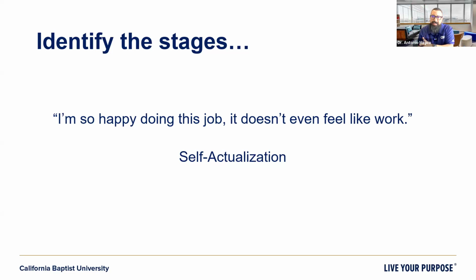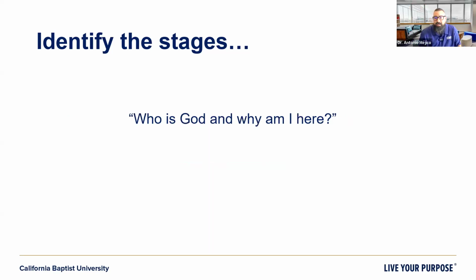But prior to 1969, right? And finally, maybe one day a client asks you, who's God, right? And why am I here? I've done all the things, right? I've got the family, I've got the car, I've got the house, I've got the food, everything's good. And I'm still wondering why I'm here. What stage is that person asking you about or indicating they're in? Transcendence. That's correct. That top stage, Maslow added in 1969.